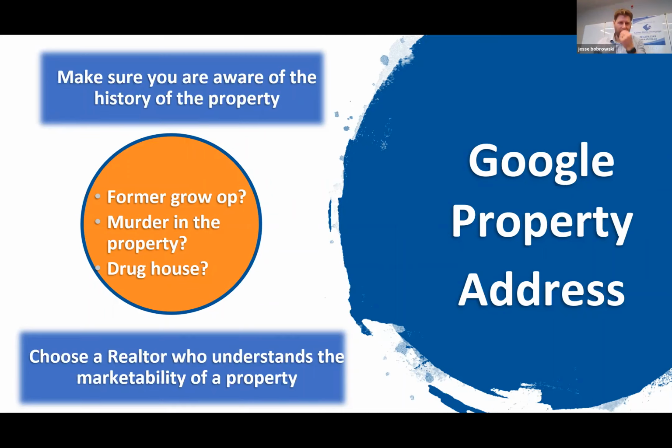Making sure you are aware of the history of the property. It's very easy just to throw the property address in Google. And a lot of times, if there was a material event that occurred at the property, such as it's been a drug house or the site of a murder or other violent crime, or grow-up, that information is just going to show up on a Google search. So it takes really 5 minutes to review a couple pages of Google,